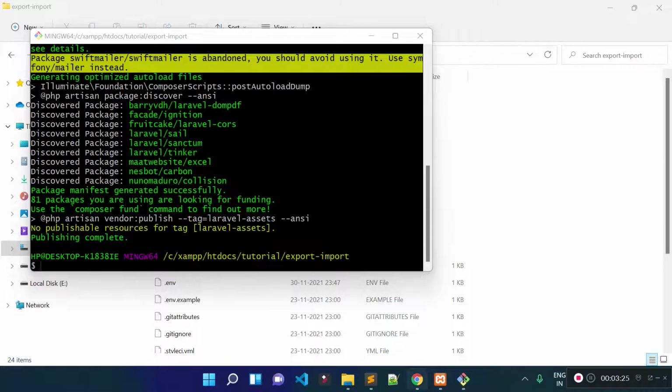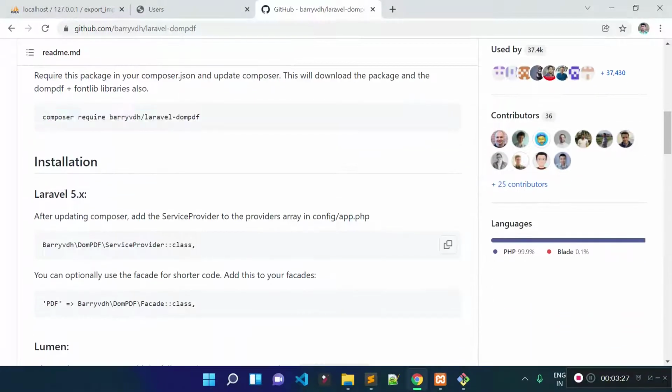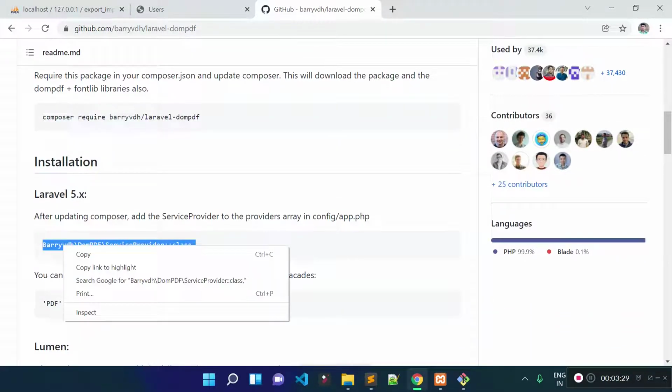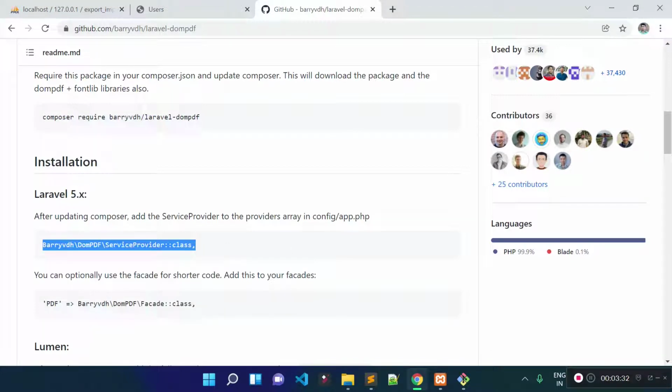Now let's check the documentation once again. After installing the package, you need to add these lines of code inside config/app.php, inside the providers array.